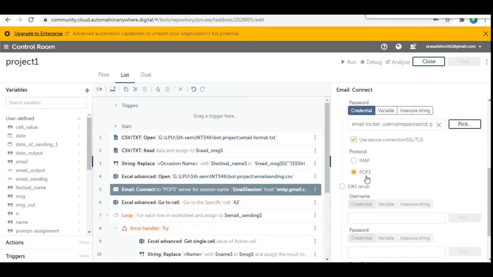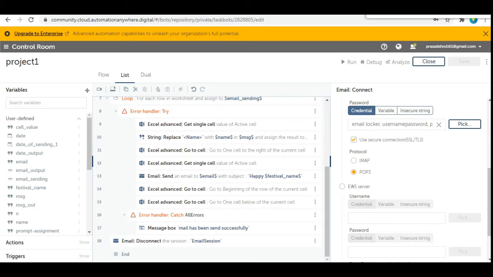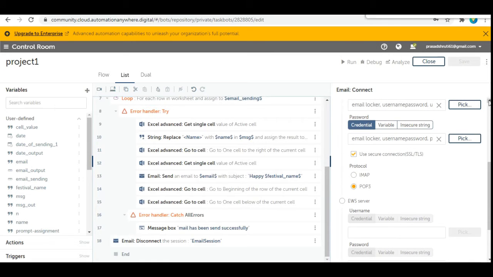If I want to receive a mail, or read the mail, then I have to use the IMAP option. After this logic, I will tell you how to create the credentials and locker system that are used in these options.